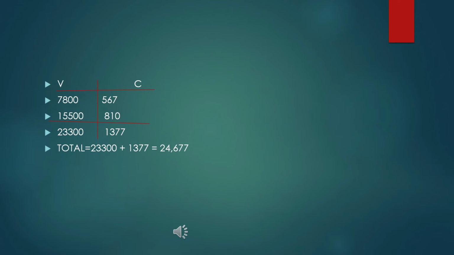Make your work easier, make sure you have a table like that. I like using that table, V and C. V being 7,800 and 15,500, and then C we have said is 567 and 810. Added together, this amounts to 23,300 as V, or the value of order, the money that you are sending all together. And the total commission for the two transactions is